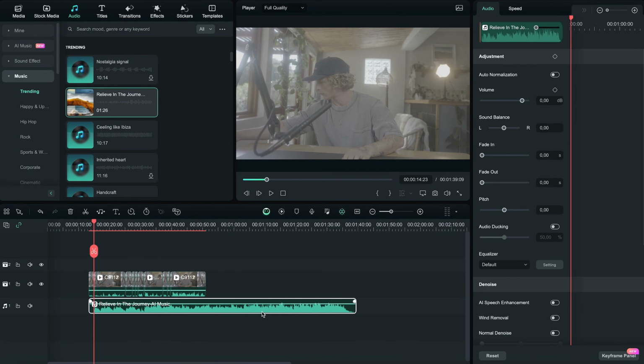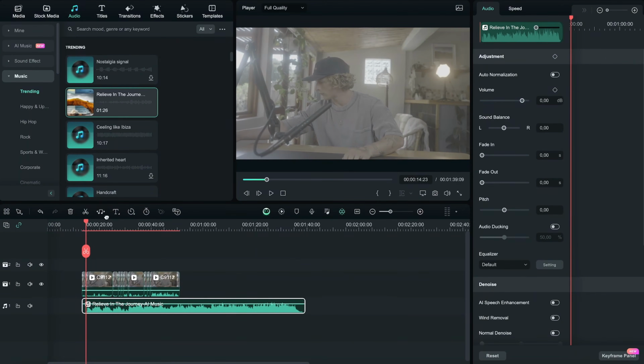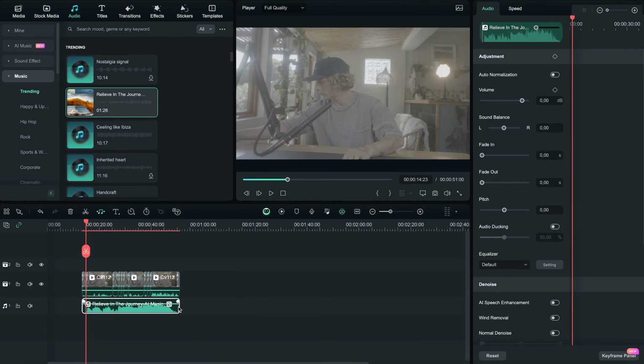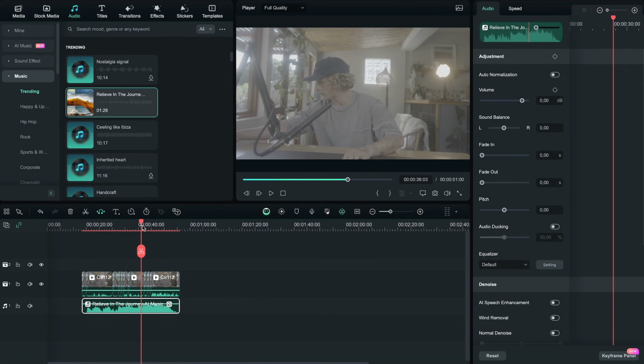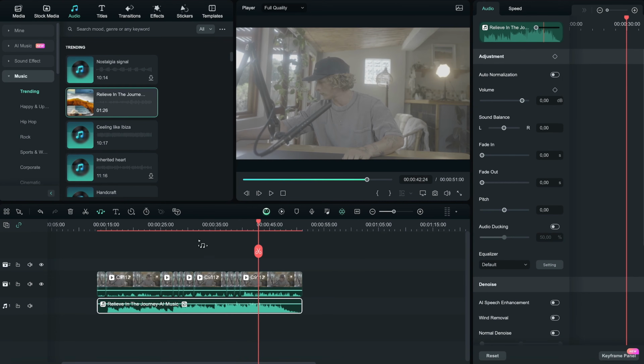Next is AI audio stretch to make any music track the perfect length for the video that you're working on. So instead of trying to cut up clips and splice them together, you can just do AI audio stretch and make that clip the exact length that you want it to be. You can just click on this little icon right here, the little music icon, and you can simply drag out your clip to be longer or shorter, and Filmora will figure out exactly how it should extend or shorten that clip by analyzing things like vocals or the bars in the music to ensure that the track still has nice